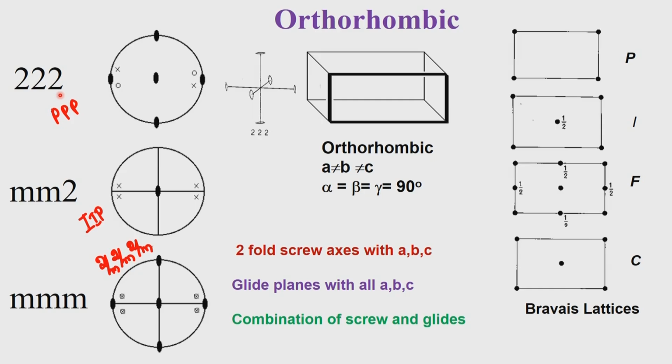Glide planes. Again, with the primitive lattice, we have three two-fold axes perpendicular to each other. So, we can have all three glides A, B and C. So, we can have combinations of the two-fold axis with the glides like P2AB and things like that. We can also have all glide combinations like PNAB or PBCA and so on. So, you see the number of possible space groups we can generate in the case of an orthorhombic system increases enormously. And this is I am talking only with respect to the primitive lattice.